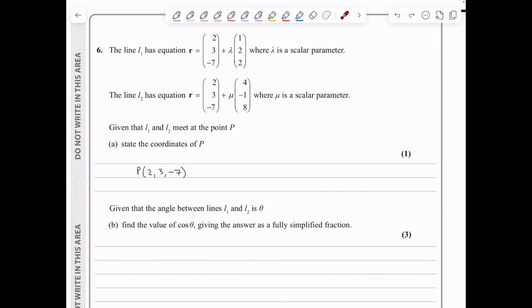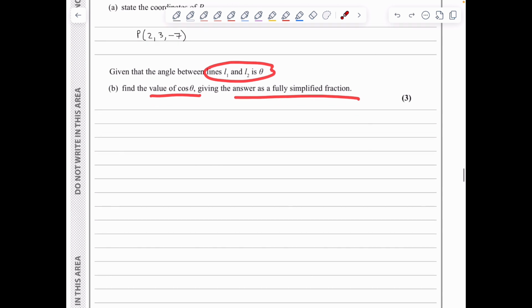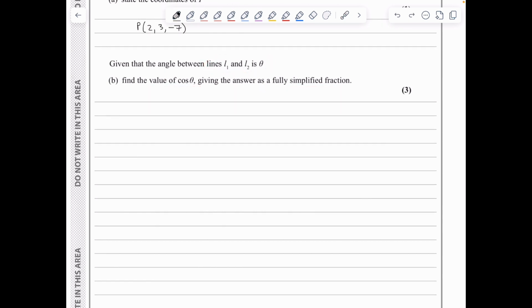We're then told that the angle between the two lines is theta, and we need to find the value of cos theta, giving our answer as a fully simplified fraction. So I will be using the dot product here. I will be dotting the direction vectors of the two lines. So we've got (1, 2, 2) dot (4, -1, 8) being equal to the magnitude of (1, 2, 2) times the magnitude of (4, -1, 8) times the cosine of theta, where theta is the angle between the